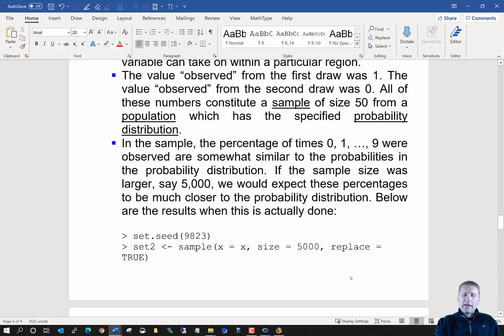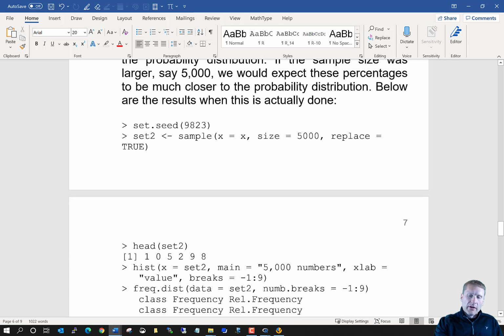Now, in the sample, we saw the percentage of times that we got a 0, that we got a 1, that we got a 9. And if you were to take a larger number of samples, what would happen to these percentages? Well, again, we have this probability distribution that helps us make that determination. As we take a larger and larger sample, essentially our sample is becoming more representative of what's happening in the population. So if I were to use my sample function again, but now instead of using a sample size of 50, I use a sample size of 5,000